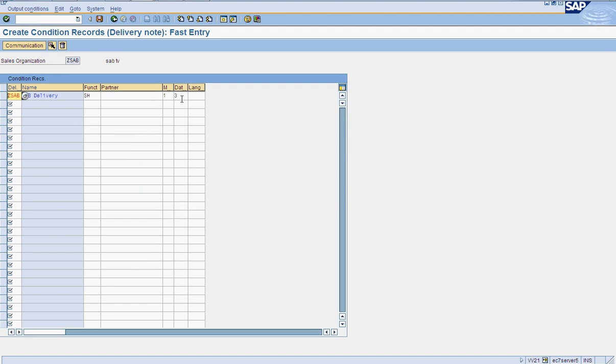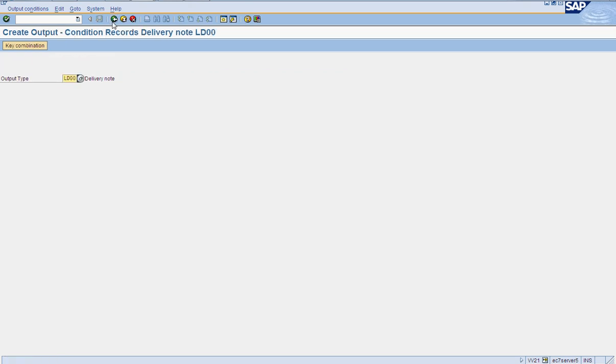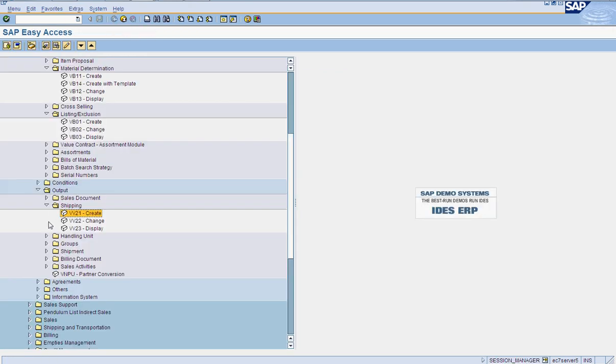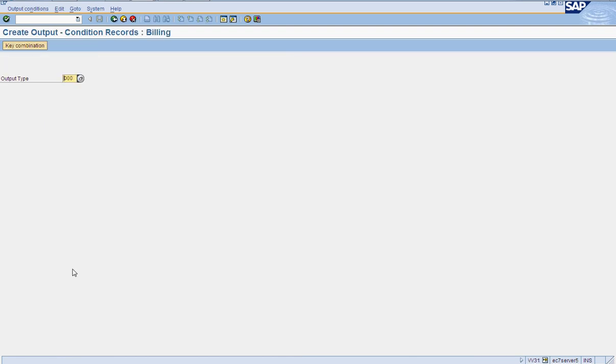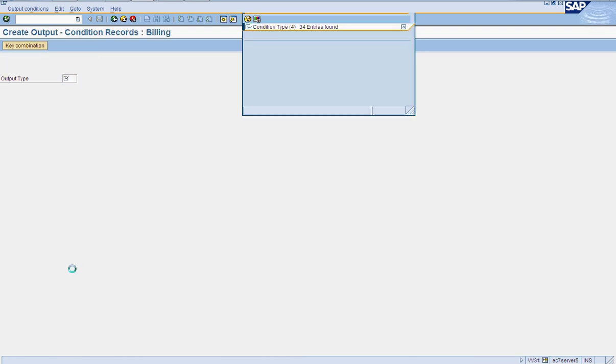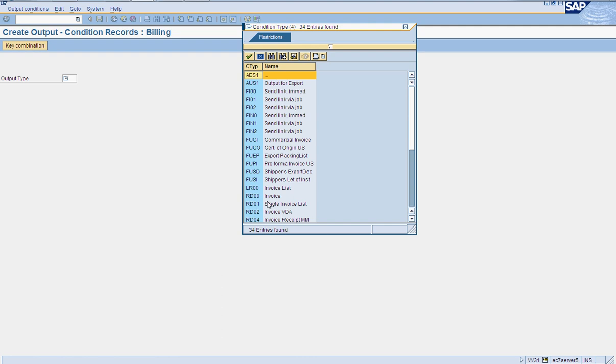Let it be print, and output will be generated at the time of saving. So this is for delivery note LD00, and the final output I would be using is for invoice. The output type to be used is RD00.